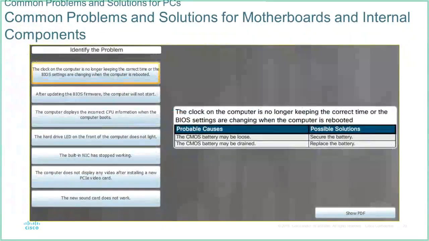All right, so again, going through, okay, computer here is the problem. It won't keep the time. Every time it reboots, it loses its time, date, that sort of thing. That points to the CMOS battery straight away. So generally replace the battery. In this day and age, loose CMOS batteries are very rare. In the ancient days of my youth,